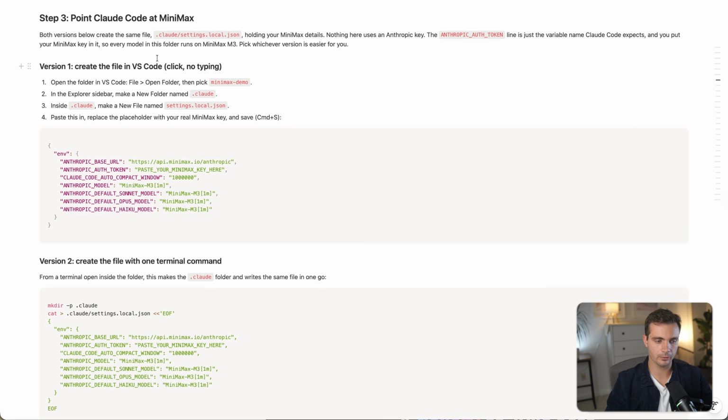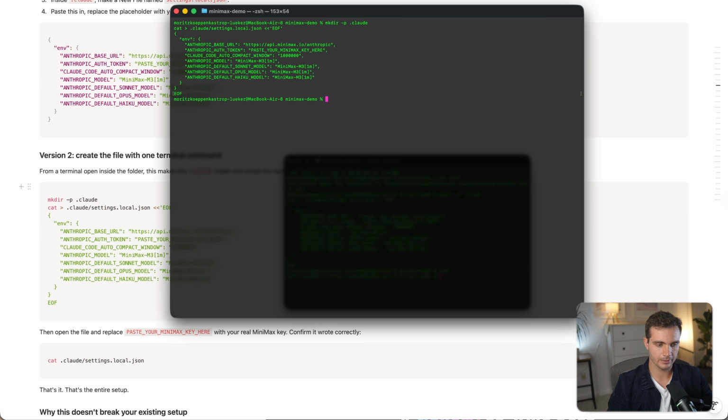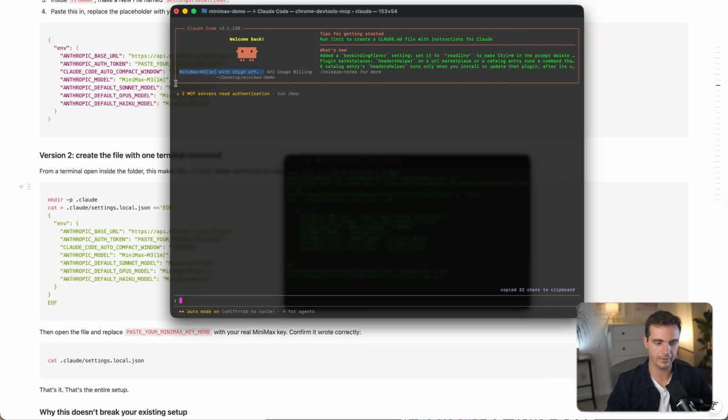There's two ways of pointing MiniMax at Claude Code. The first one is by setting this up manually in Visual Studio Code. And the second one is to just use a terminal command. So I'm going to just use the terminal command. I'll go back here, type in this terminal command. And if I now type in Claude, we can see that this is now using MiniMax